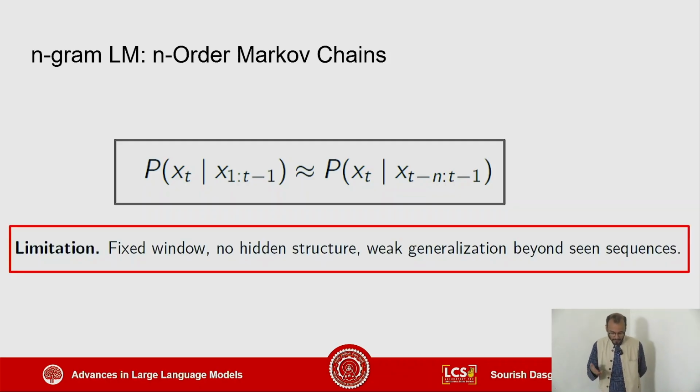The limitation being that, well, it's a fixed window. There's no explicit structure modeling in terms of how one token specifically influences the other token and so on, right? It's almost like a snowball principle where you keep accumulating the snowball across time, and all you're doing is modeling how the snowball collectively, cumulatively influences the next token. So it doesn't have a very intrinsic understanding of how each part of that snowball is actually influencing, right?